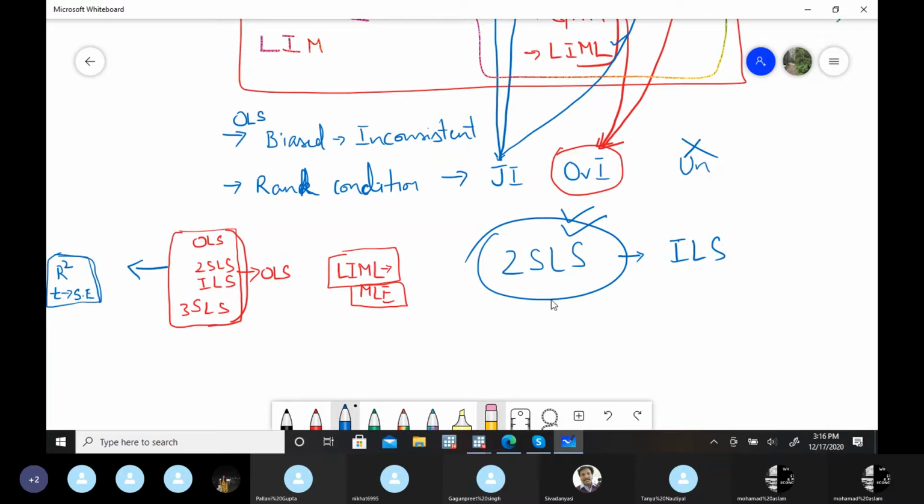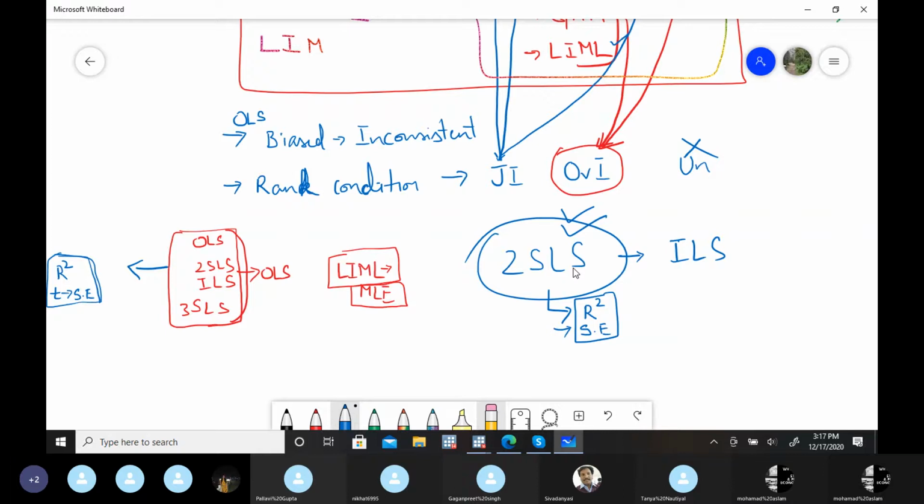The only thing that you have to take care about after running 2SLS is the R square. Many times you'll get a negative R square as well. Although you might wonder why a negative R square, there is some methodological change here. So you might get a negative R square, or sometimes the output won't show any R square at all. That's the one thing you have to take care of. Second, the standard errors of the coefficients. These two things you have to take care of while you run a 2SLS model. So, okay, let's start this one by one.